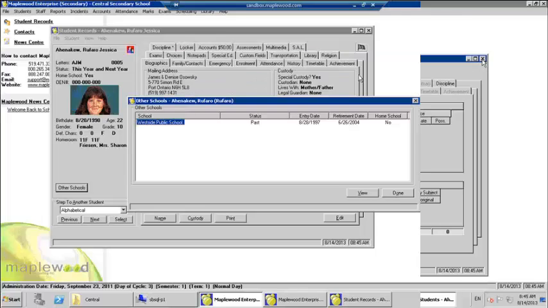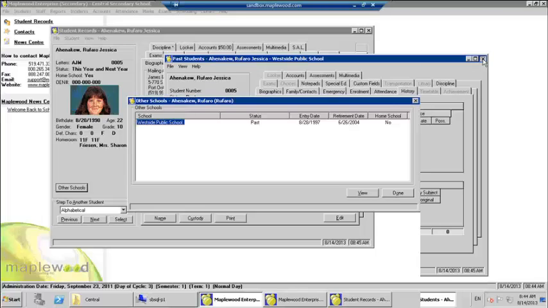that the central office people have been working very hard at is to synchronize and clean up all of the MapleWood records and eliminate the duplicate students that were at individual schools. Because you used to be separate little islands of MapleWood. Each school was a little island of MapleWood. And when you go to MapleWood Enterprise, instead of all being separate islands, you are instead